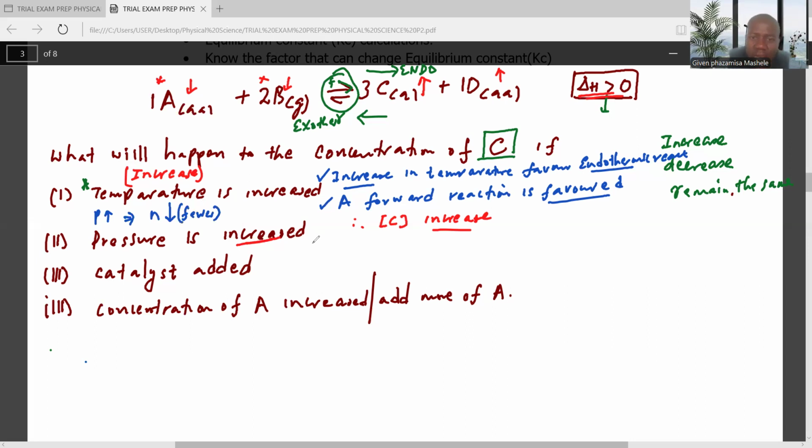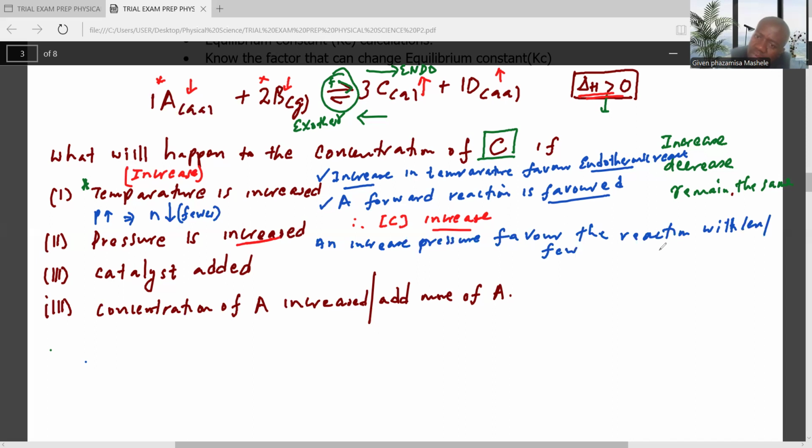So you're going to say, according to Le Chatelier's principle, an increase in pressure favors the reaction with fewer number of moles. So when you increase pressure, ladies and gentlemen, the system will favor the reaction that has less